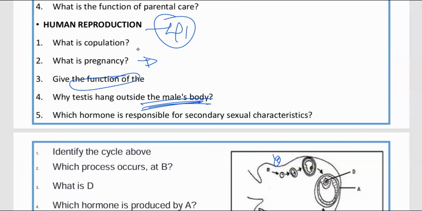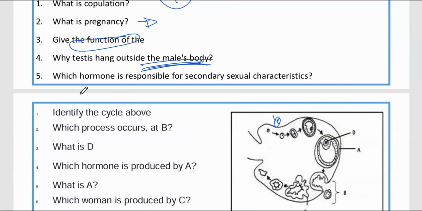37.5. Don't tell me that if they ask you what temperature sperms are supposed to be produced at, you tell me 2 to 3 degrees. If the diagram is showing the temperature, you have to be specific. If the diagram or the passage is not showing it, then you can talk about 2 to 3 degrees. But it's better to be specific and say 2 degrees or 3 degrees less than the